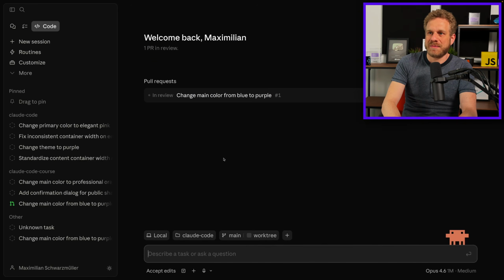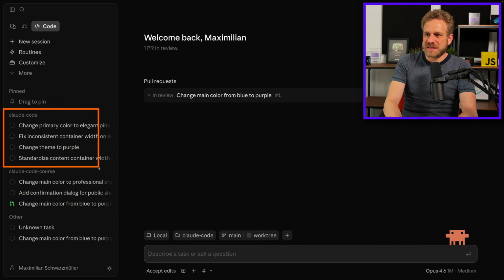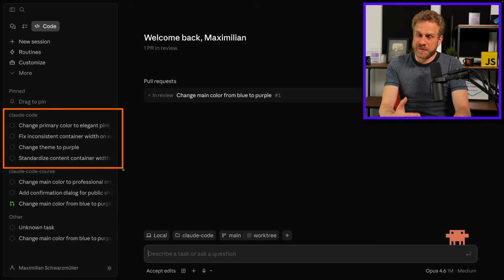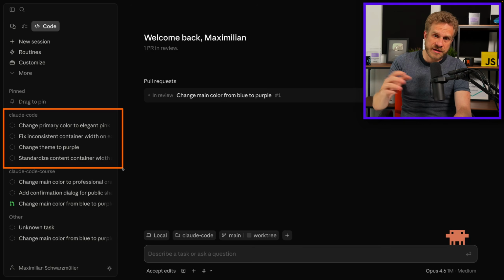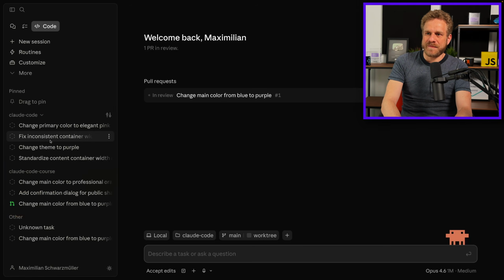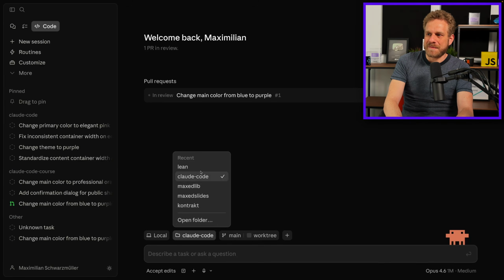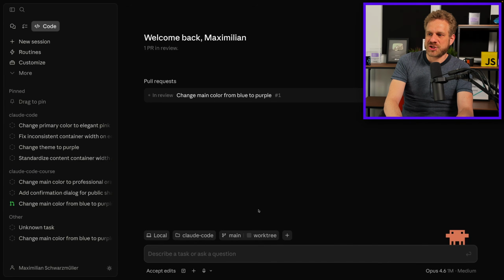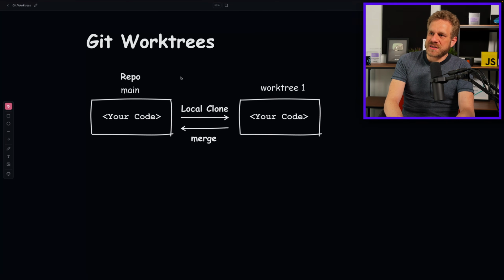So what's in this app? Well, this app has pretty much the same idea you might know from the Codex app or Cursor, the Cursor Agents app if you use that. You can have multiple projects in there, and in each project you can have multiple sessions. You can start a new session, you can then pick a project for this session, you can pick a Git branch, it has a built-in Git worktree feature, and in case you don't know what Git worktrees are, the idea